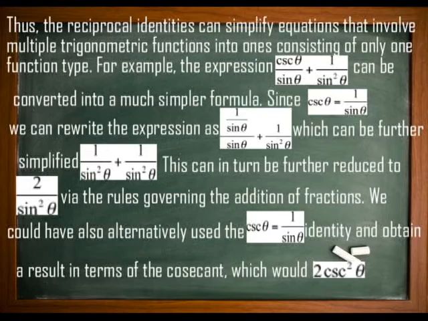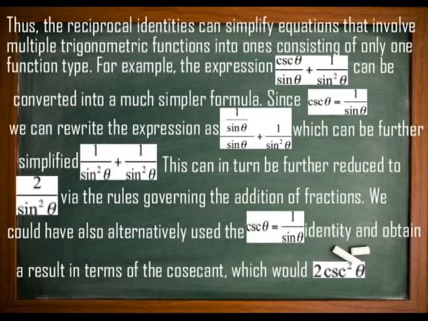For example, the expression cosecant theta over sine theta plus 1 over sine squared theta can be converted into a much simpler formula. Since cosecant theta equals 1 over sine theta, we can rewrite the expression as 1 over sine theta over sine theta plus 1 over sine squared theta,